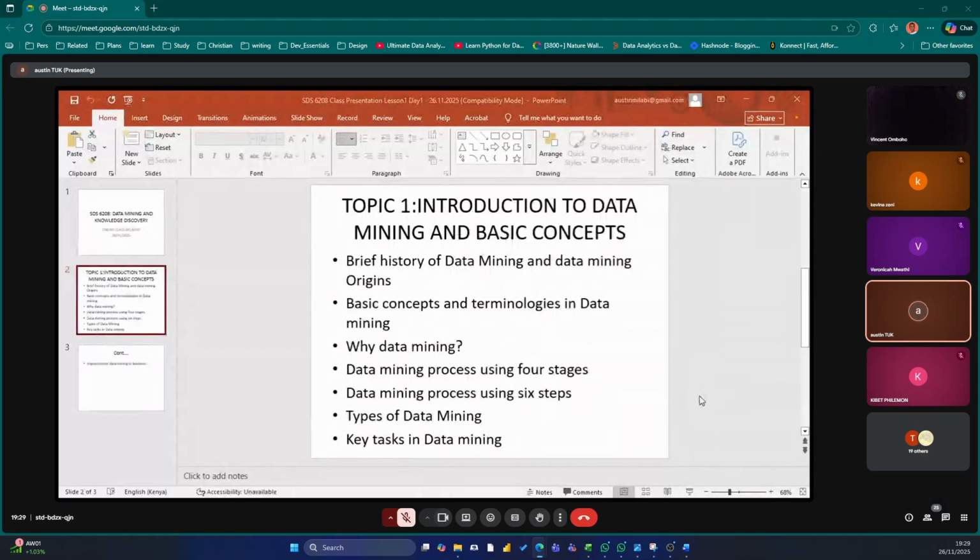We also look at data mining as a terminology. What is data mining?